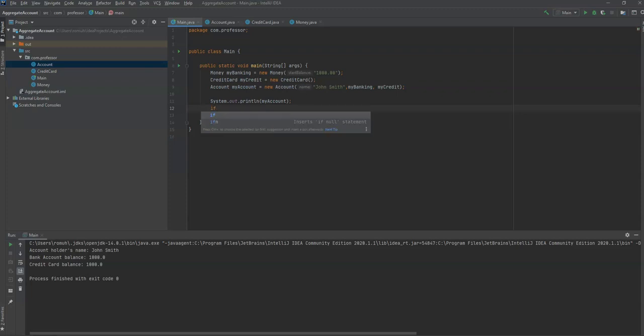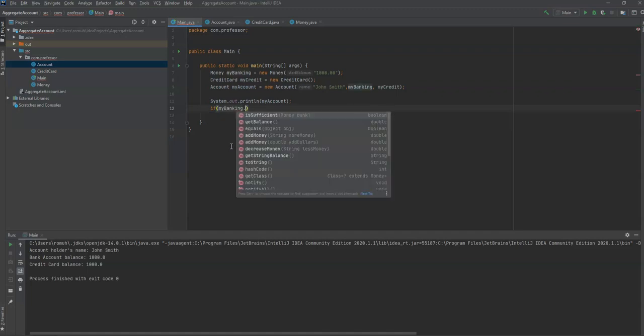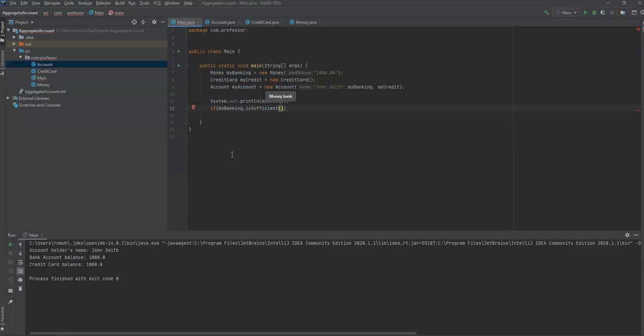If my banking dot isSufficient, and we'll pass, a bit weird, but my banking object to itself to evaluate,